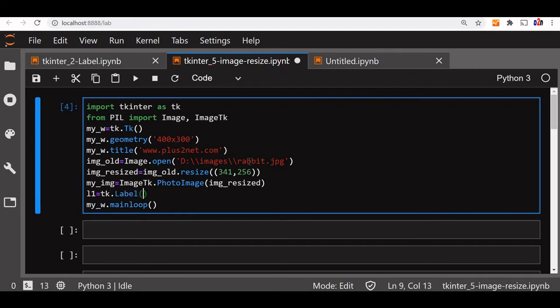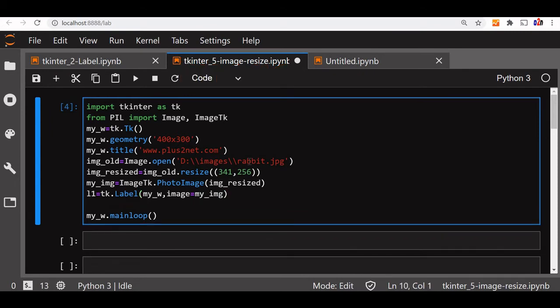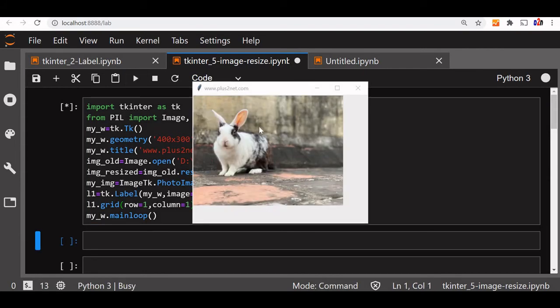Label, now my window, then image, my_image. Fine. Now let's display it by using a grid. Grid row 1, column, anything you can give, column equal to 1. Fine, let's try now. You can see the image is displayed.